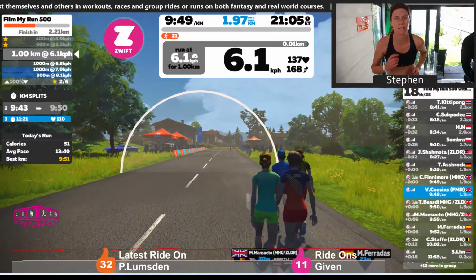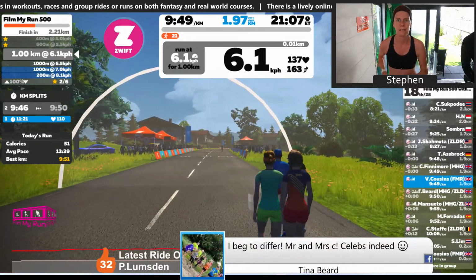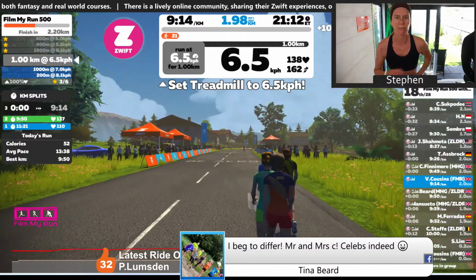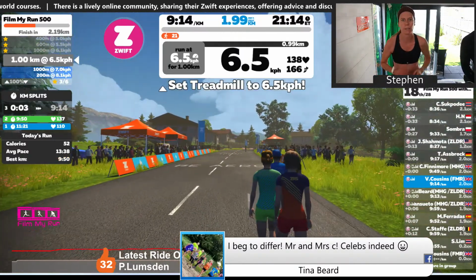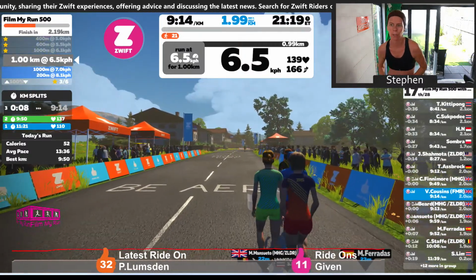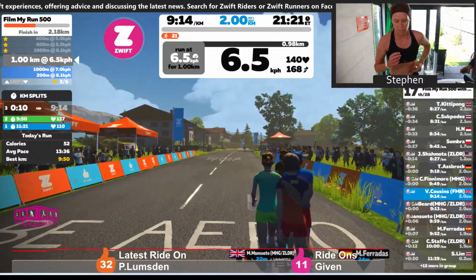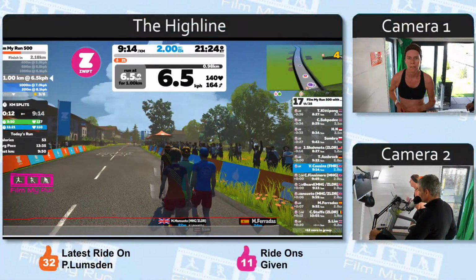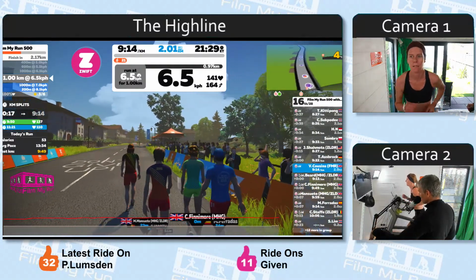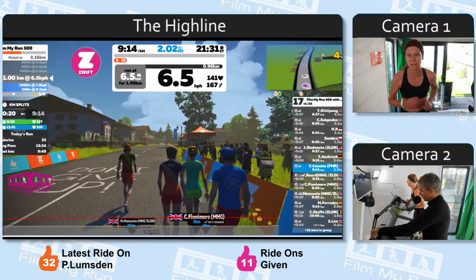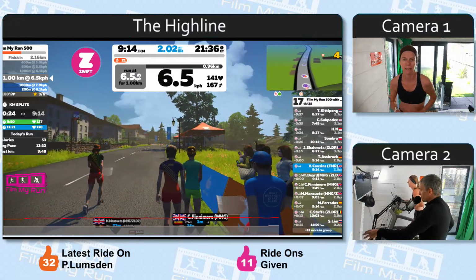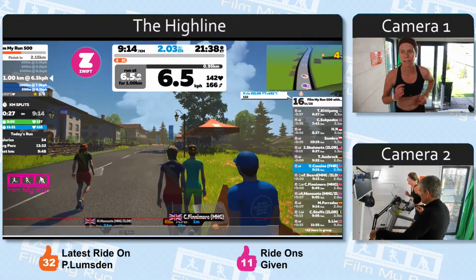Phil Nell says: Hi, Stephen. Thanks for your input on the Zwift Run pod. It is working. I wanted to ask, how do you automatically cycle between camera views when you're running? I have a little program on my computer, so this won't work if you're running Zwift on iOS, on an Apple TV, iPhone or iPad. But on the PC, I use a little computer program called Auto Hotkey. I downloaded Auto Hotkey and then I programmed button presses.